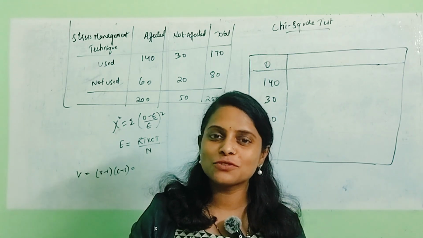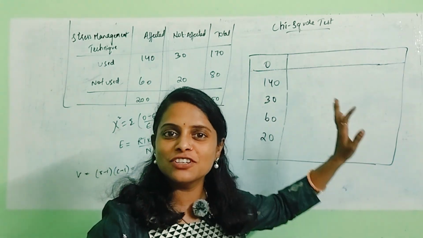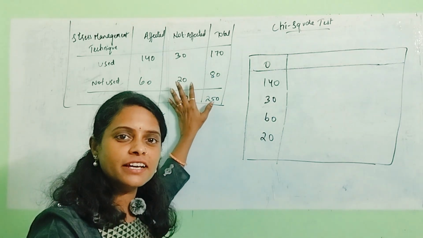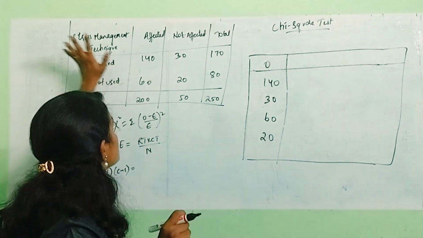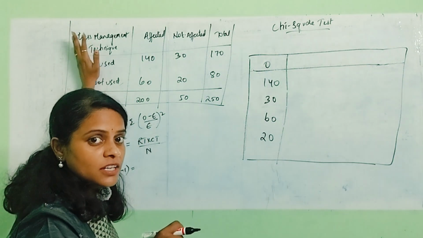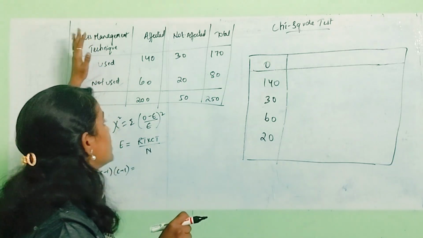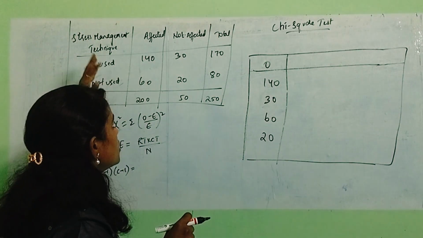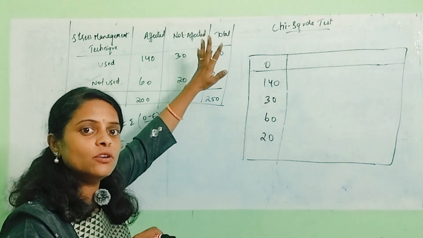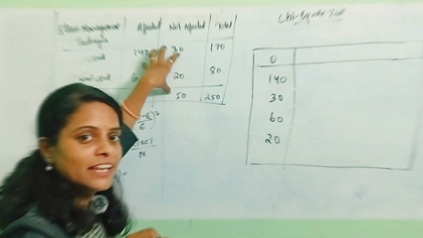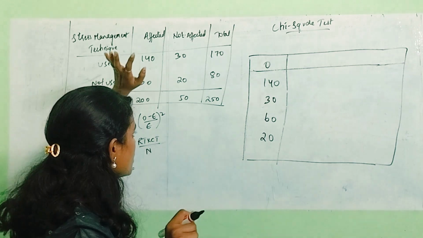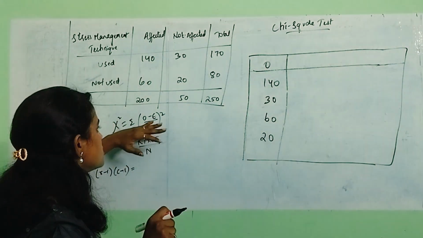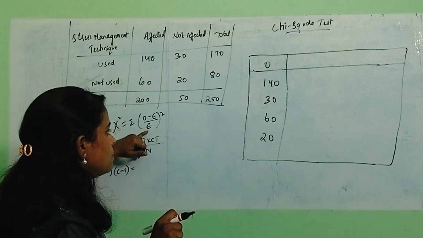I'm your Shilpa Desheti. So today in this video, we will learn how to calculate the chi-square test. This is the given question: in a particular IT company, a stress management technique is used. Whenever they are using the stress management technique, or not using it, what is the effect, and what is not affected? Values are given. This is the chi-square test formula, sigma (O minus E) whole